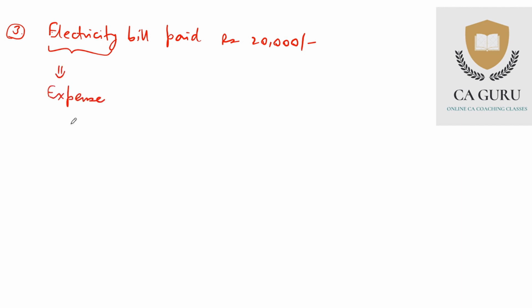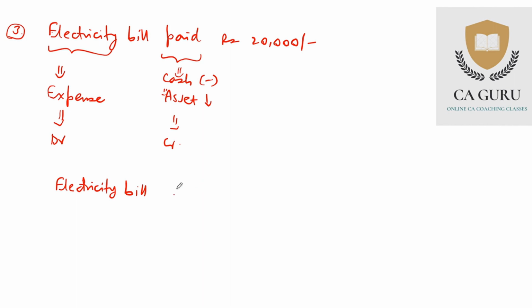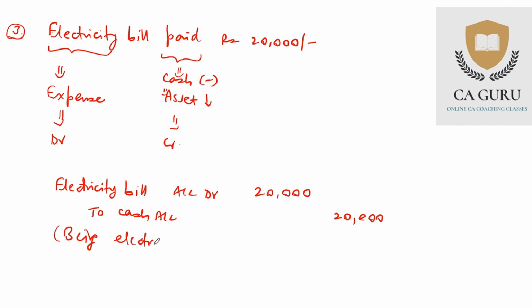All expenses when incurred have to be debited. Paid refers to cash payment or check payment, cash is reducing in your business. Cash is an asset which is coming down. Therefore, you will have to credit the asset. So you will say electricity bill account debit to cash account and amount is 20,000. And under narration you will say being electricity